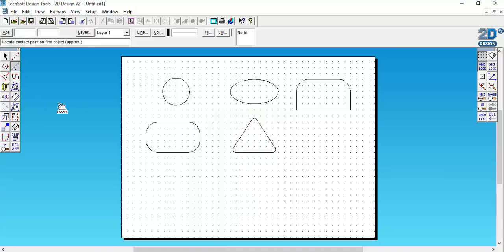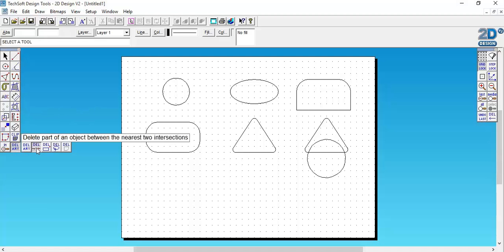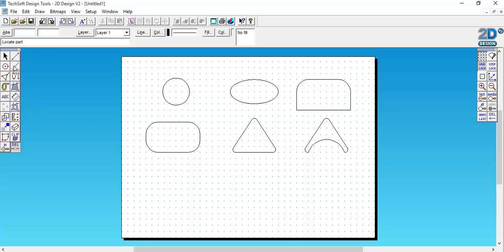Yeah, and then once again I have a shape that I'm happy with. I could take this now, move it to one side, and then maybe combine it with a circle, and then use the delete intersection tool to delete parts like so. Yeah, and then I could then possibly